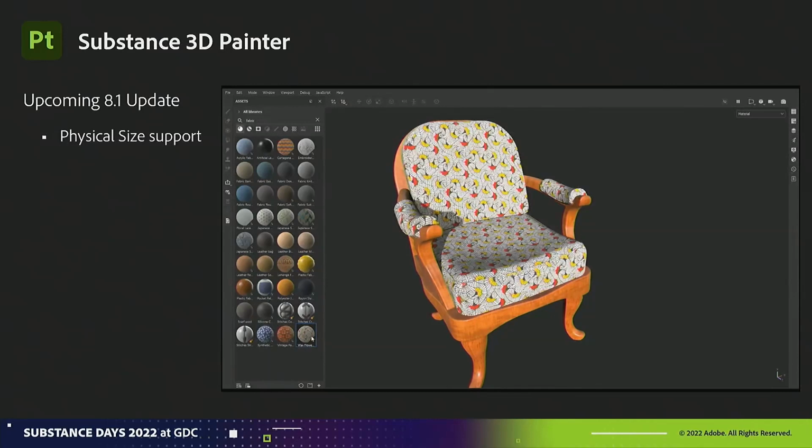Once that option is activated, you bring your material in, and by selecting any other material in the asset panel, physical size is taken into account, and it automatically rescales the mesh based on the object size. So you don't have to go to your fill layer and say, oh, the size is off, let me just repeat it like 12 times. Physical size is going to automatically take that into consideration.